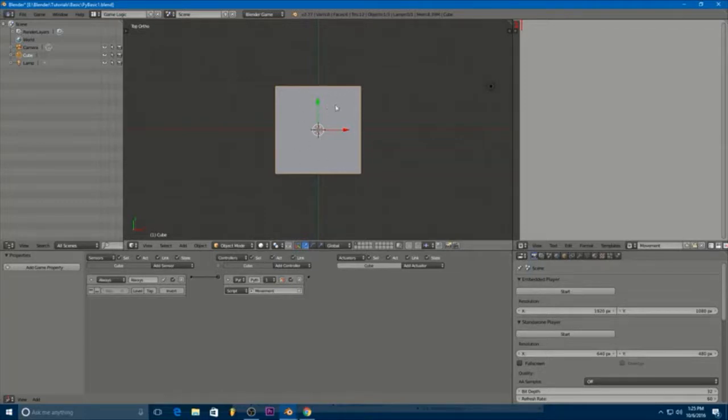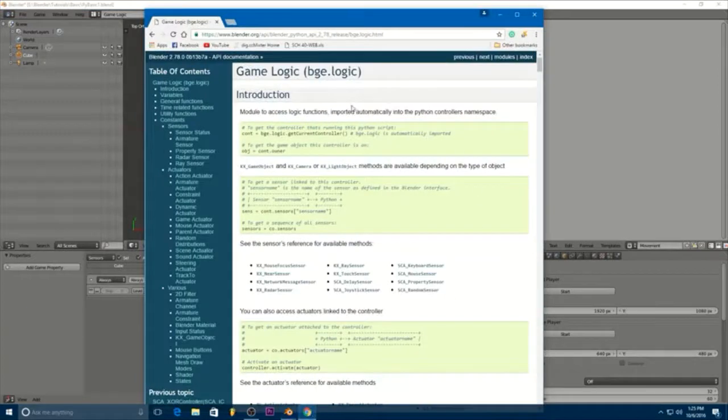So we know that we want to make this cube move, but we have no idea how we're going to do that. So let's think of what we need to do to make it move. Well, we need to make the cube move. So maybe if we found some sort of game object class or object class, we would find some sort of move function in there. So if we go to our reference, we can look a little bit here